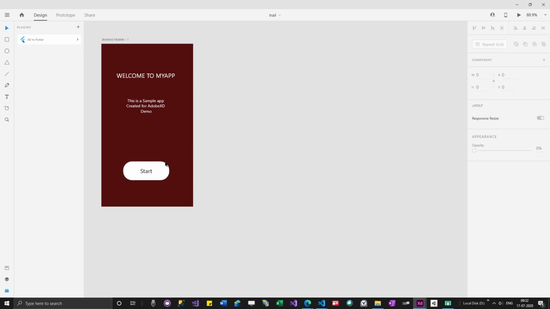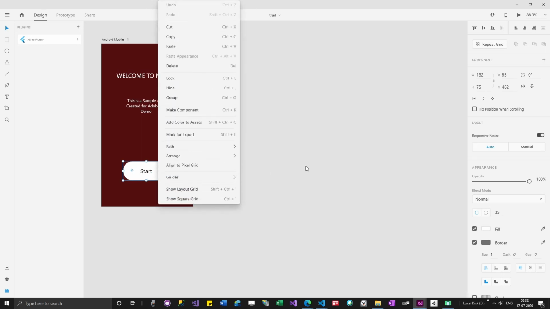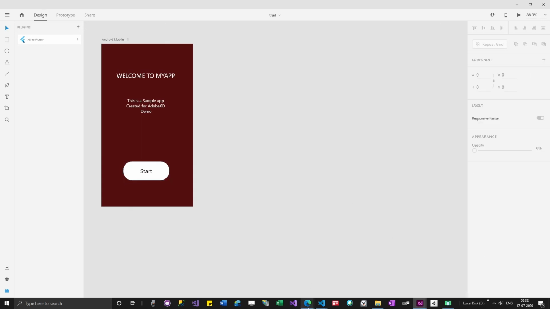Since, as I said, I will be using only the button code, if I want a button in this shape, I go to this code and copy paste it. That's how you could use XD to Flutter to support your mobile app development.